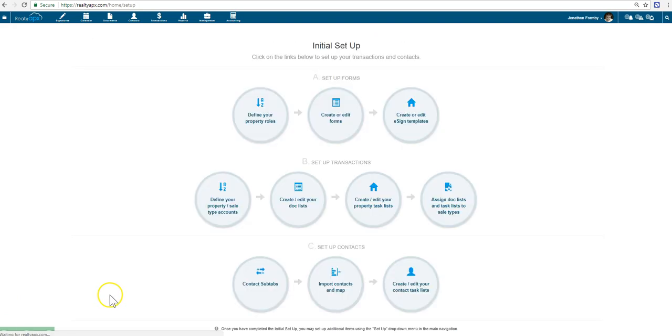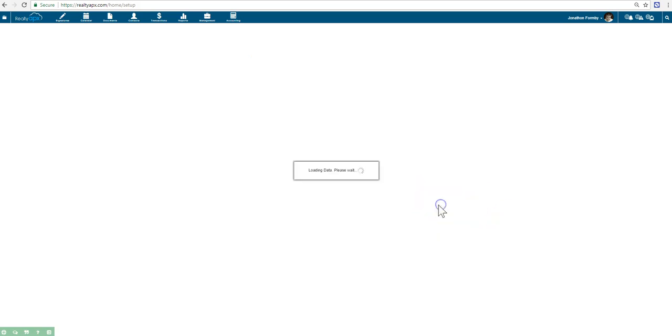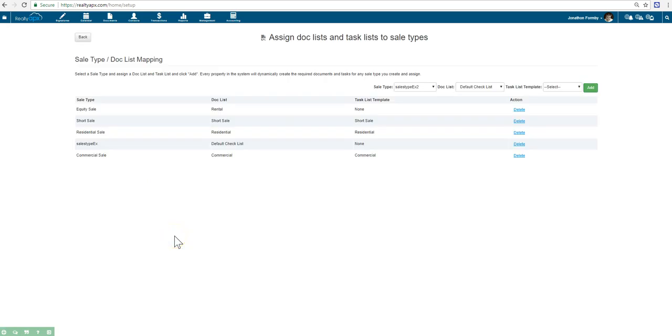And the last thing that you'll need to do is assign each doc list that we just made or task list to the sale type. Like I explained before, once you have a sale type that you have selected in a transaction, so if I selected a residential sale type and I want the residential doc list and task list to appear, based on that, you're going to need to map these. So when you first go in here, there won't be anything in here, but you'll need to go and click the sale type. So if I have a